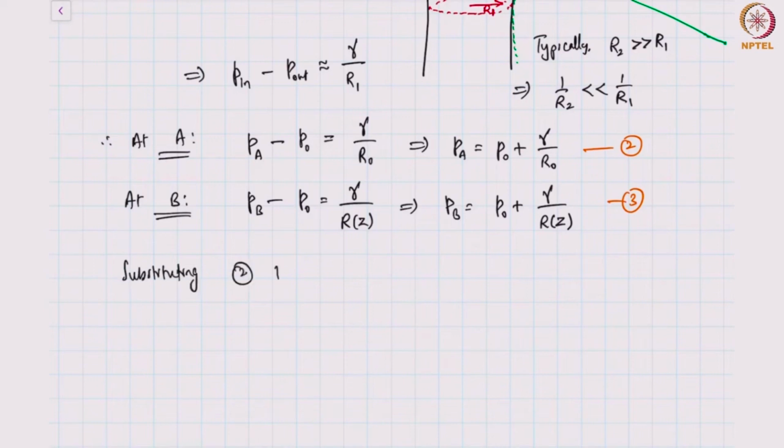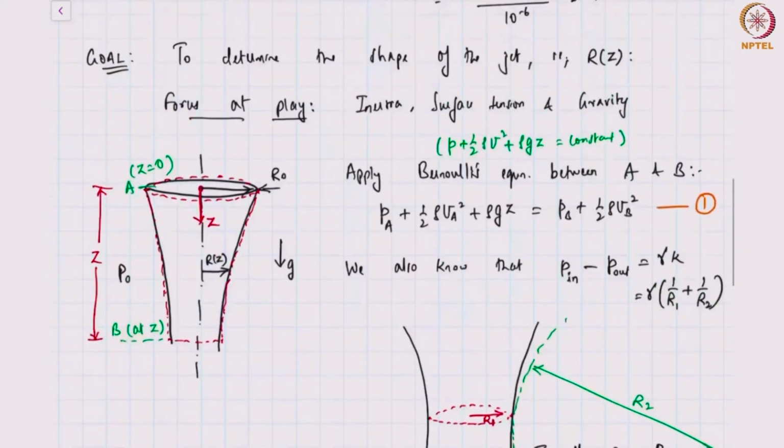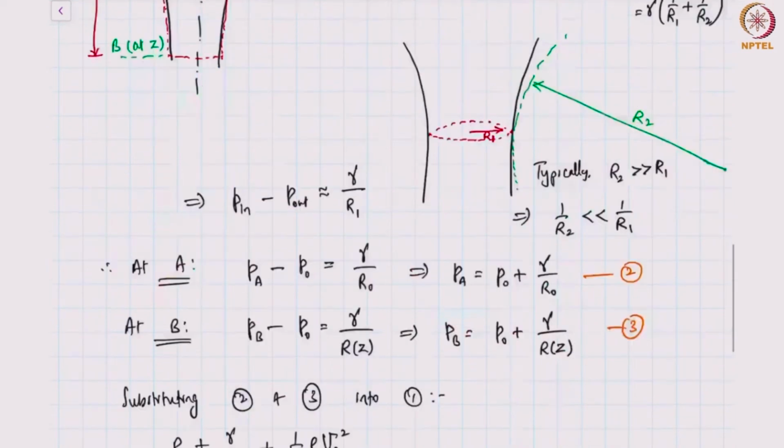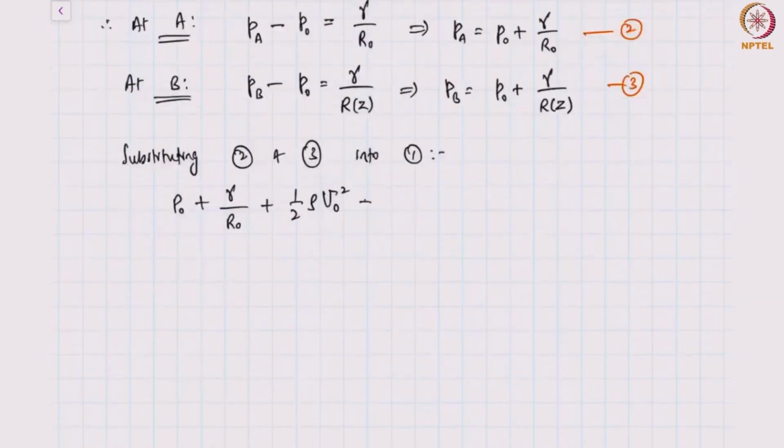Substituting 2 and 3 into 1, PA will be P naught plus gamma by R naught, plus half rho U naught square. What is U naught for me? U naught is the velocity at the inlet. Half rho U naught square plus rho gz